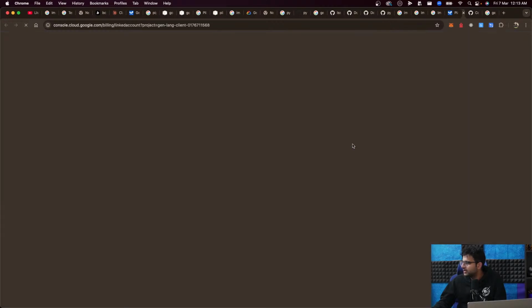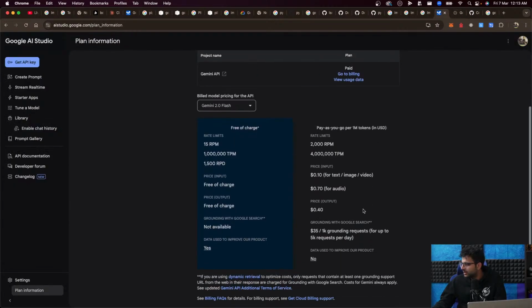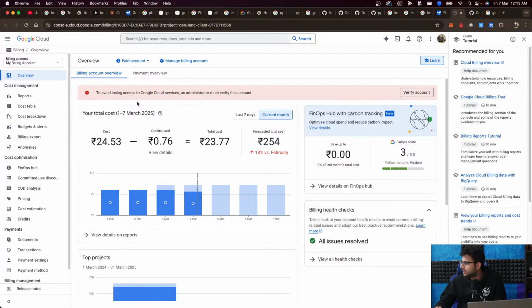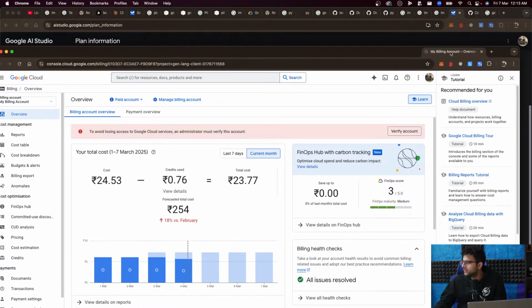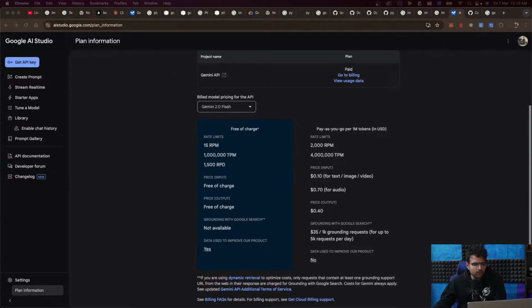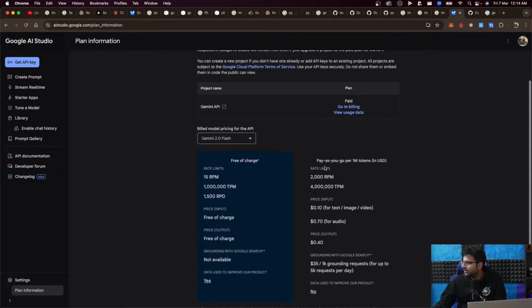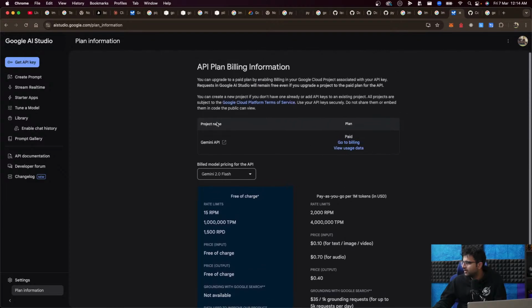Go to billing, and how do I upgrade here? Probably don't want this here, but the question really is, how do I upgrade Gemini? Or am I already upgraded now? You can upgrade to a paid plan by enabling billing on your Google Cloud project associated to your API key.